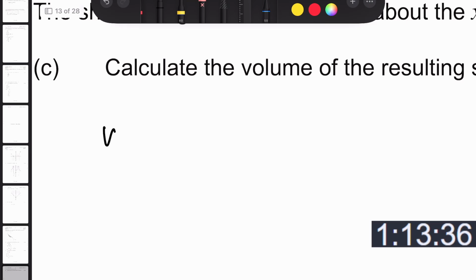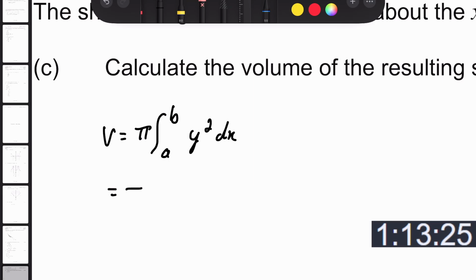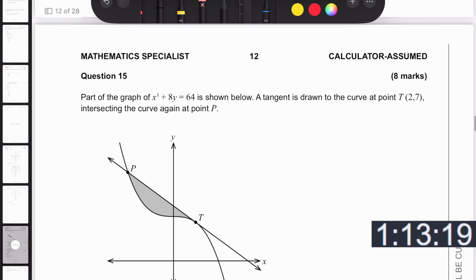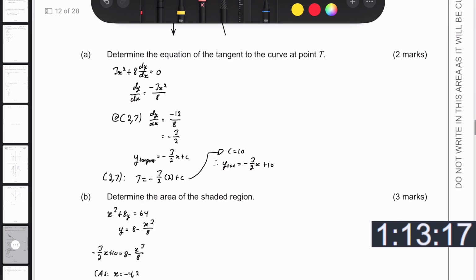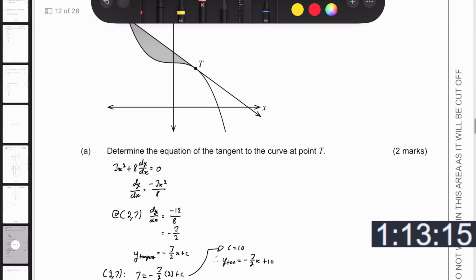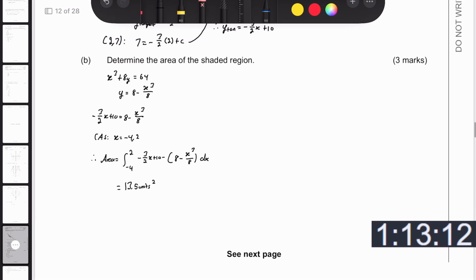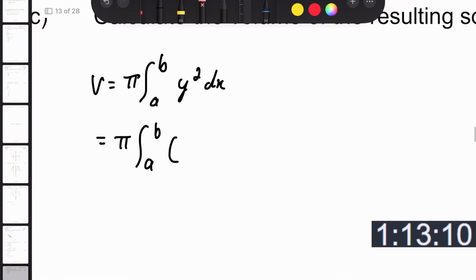So V is going to equal pi times the integral from a to b of y squared dx. So this is going to equal pi times the integral from a to b of, oh wait, okay, so this is going to be just negative 3 on 2 x plus 10 squared dx,